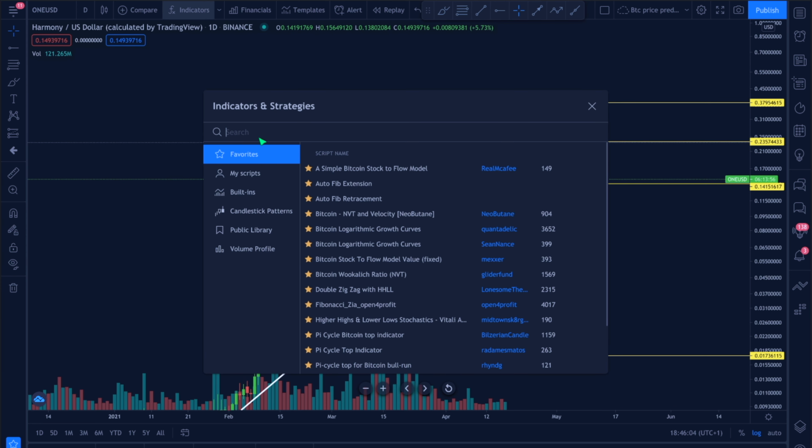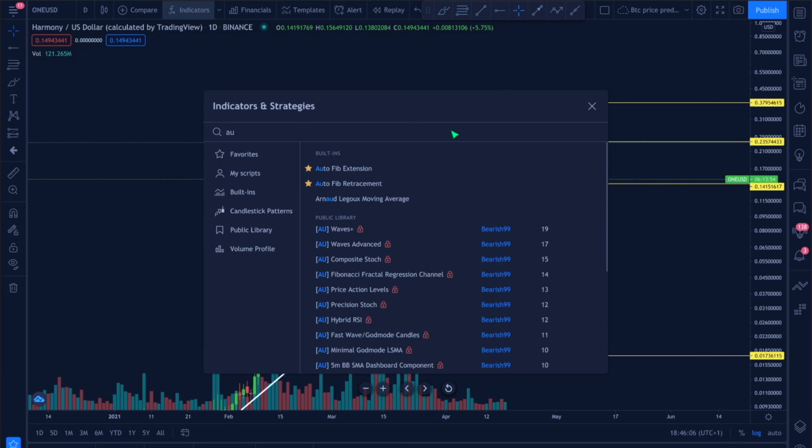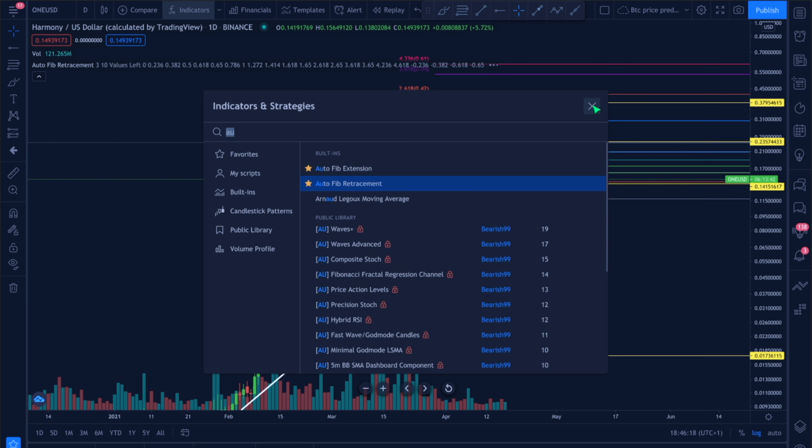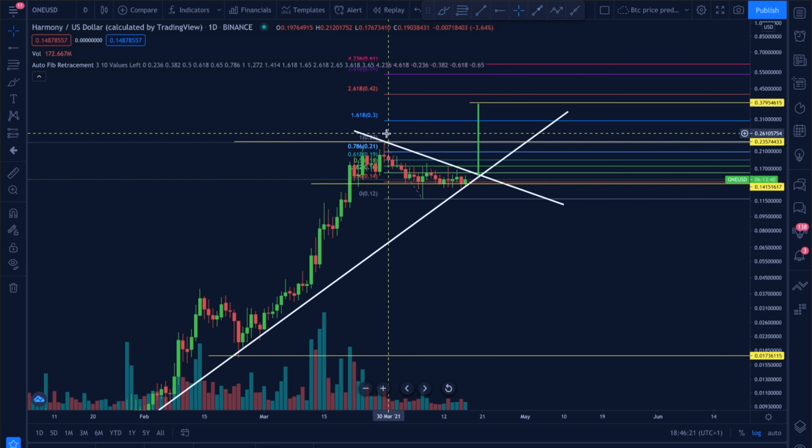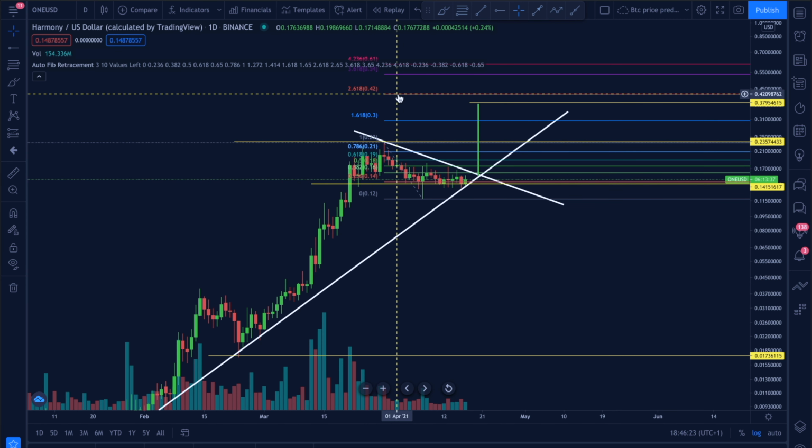Again, indicators, you can use auto Fibonacci, right? And on the auto Fibonacci, I'm using the retracement because we're actually going upward, like the market trend is upwards. So I'm going to use the retracement. If we are having a market going downwards, then we want to use an extension. So right now I'm using a retracement, right? So you can see my retracement says to me where we are, and let me customize this a little bit